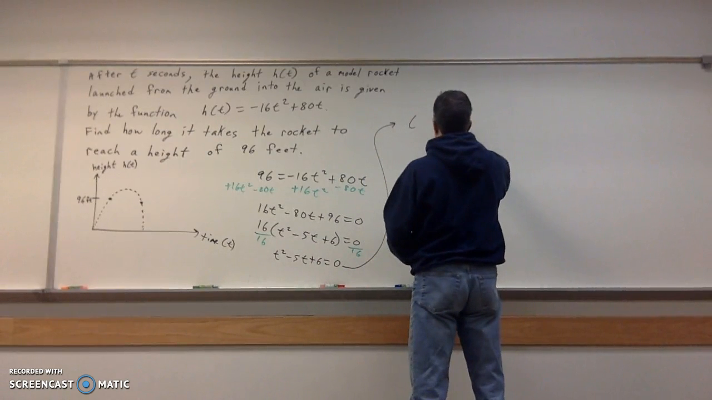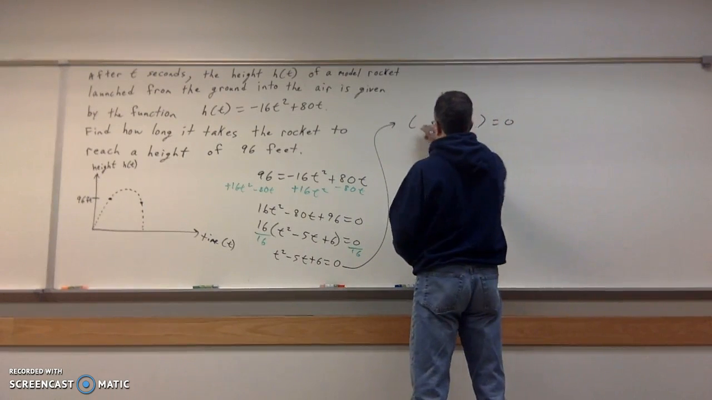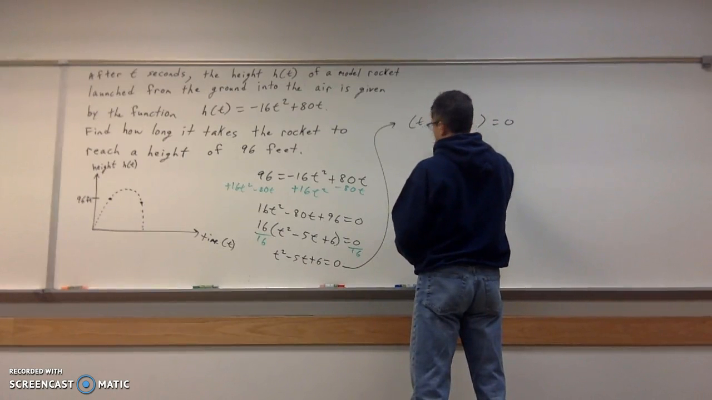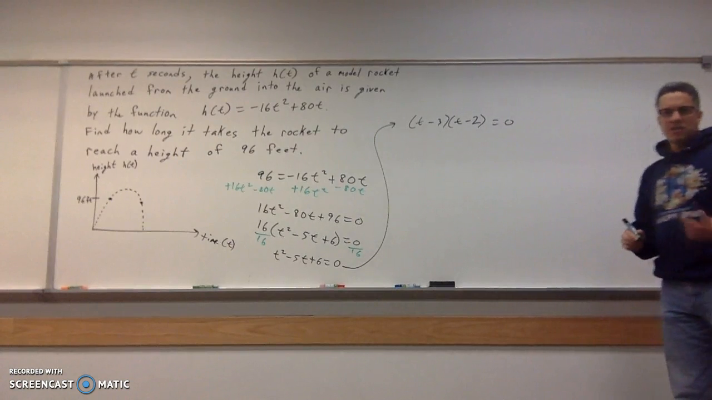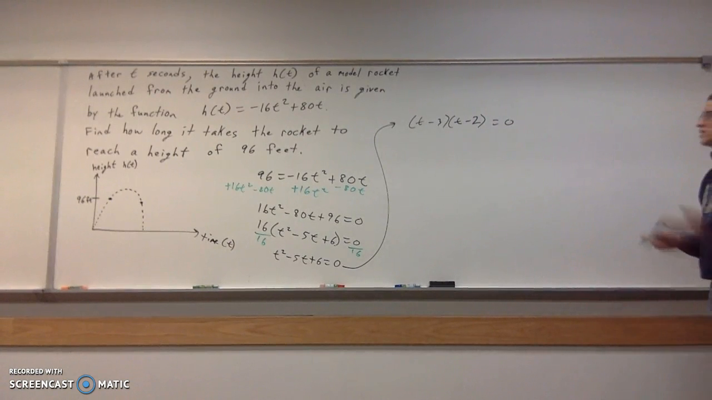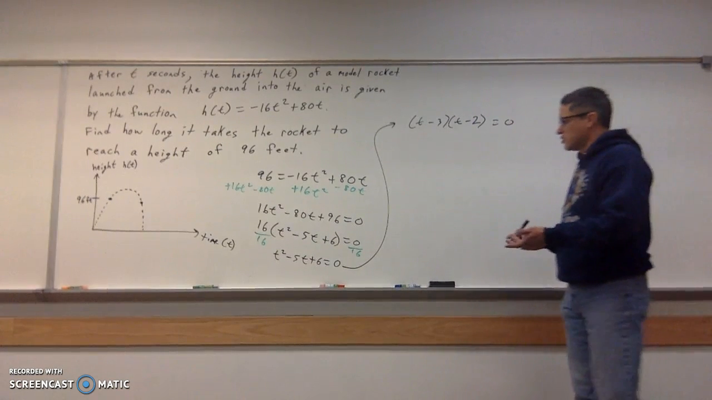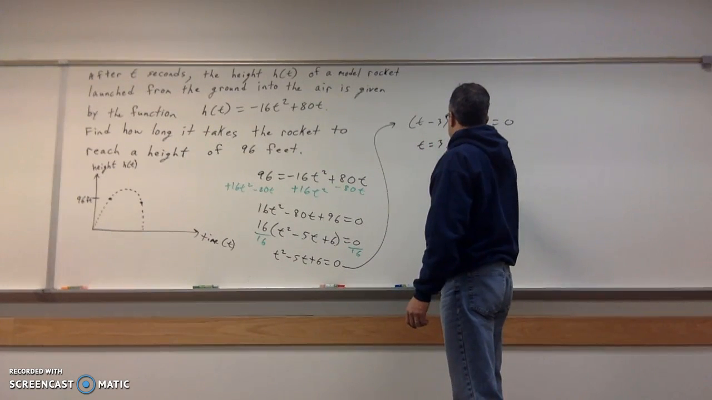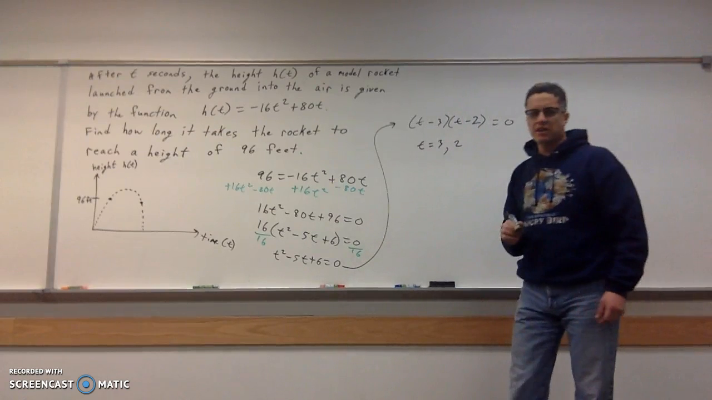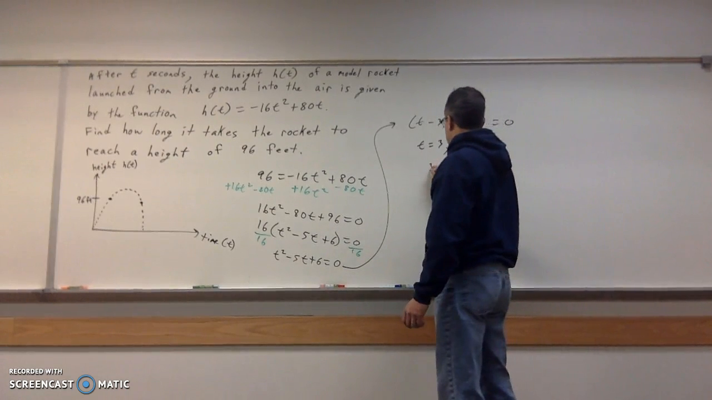And I can factor this one actually pretty quickly. Okay? Trial and error on this. It's going to be t minus 3 and t minus 2, right? Negative 3 times a negative 2 is a positive 6. Negative 3 plus a negative 2 is a negative 5. So those are my factors, which means my time is going to be at 3 and 2. So 3 seconds